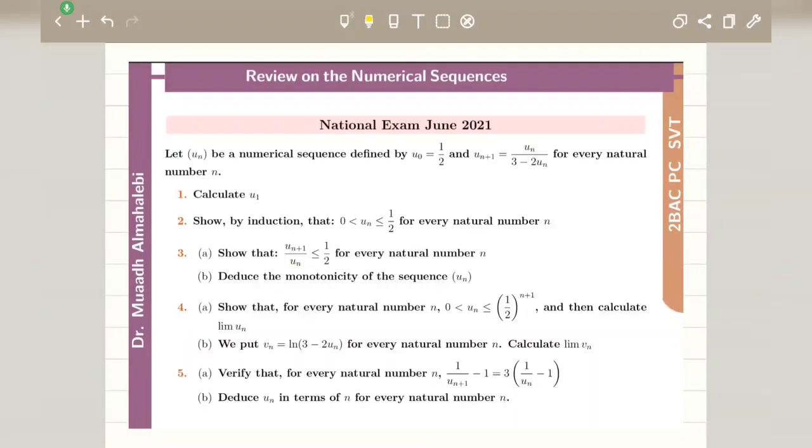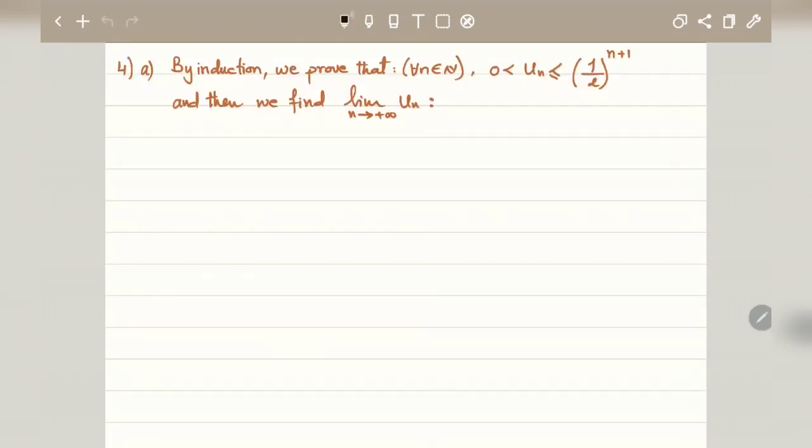For question 4, sub-question A, show that for every natural number n, un is between 0 and 1/2 power n plus 1, and then calculate the limit of this sequence. By induction, we can prove that un is between 0 and 1/2 power n plus 1. So, step 1,